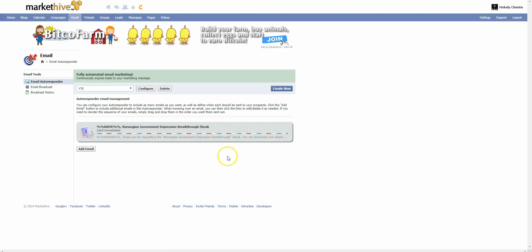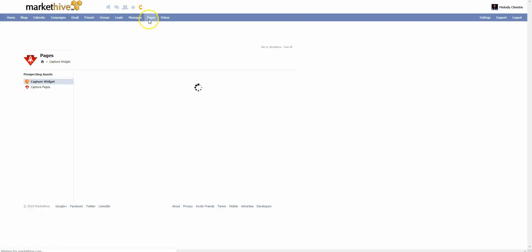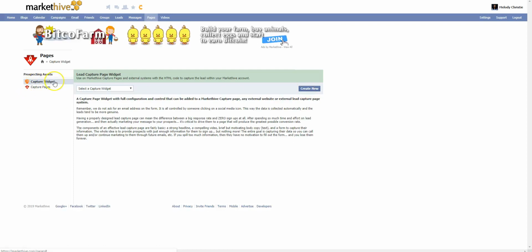Alright, that's your first email done. Now the next thing we need to do is create our capture widget. So click on Pages, and here you'll see our capture widget. So create new,